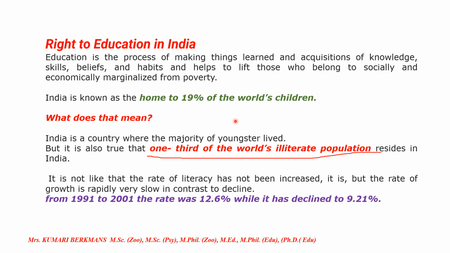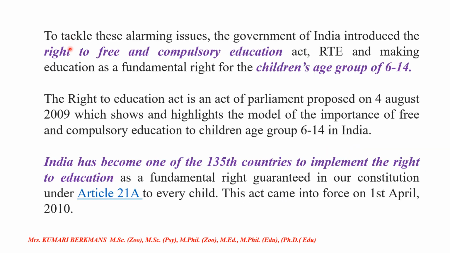We have to make our India a developed country by making them good in education. Education alone brings this outside. It is not that the rate of literacy has not increased. It has, but the rate of growth is very slow, in contrast, declining. From 1991 to 2001, the rate was 12.6, but after that it declined to 9.21. So to tackle these alarming issues, the government of India introduced the Right to Free and Compulsory Education